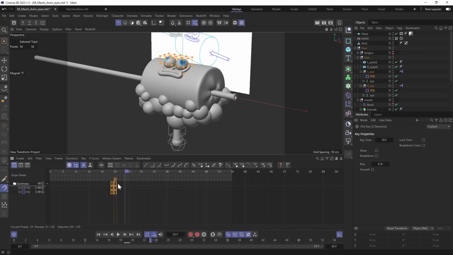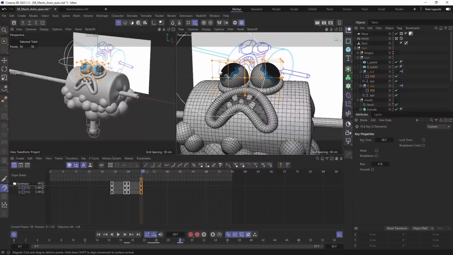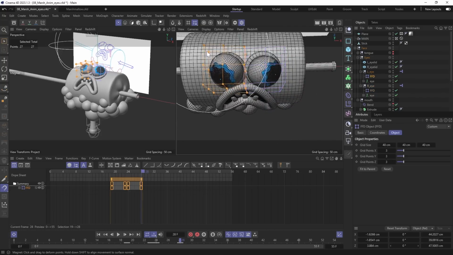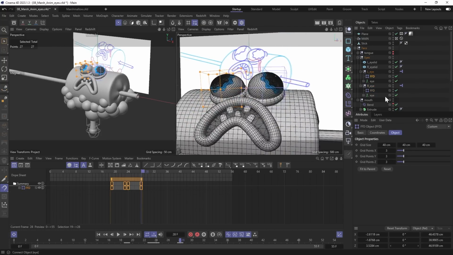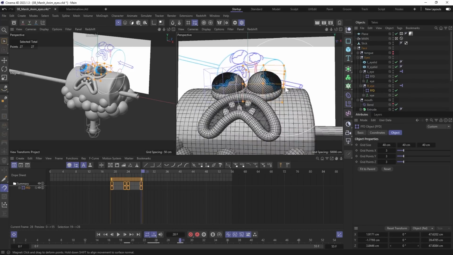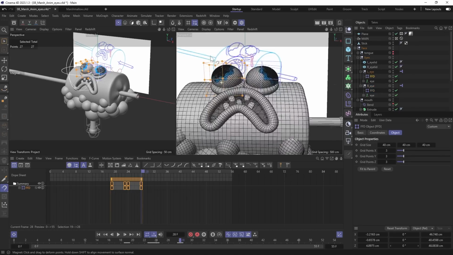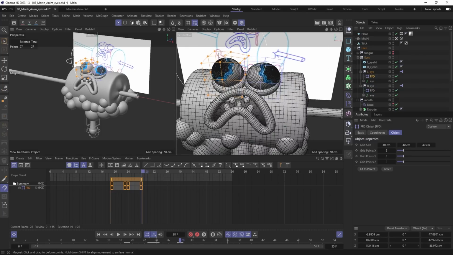Let's immediately duplicate these keyframes into the 23rd, 24th and 28th also. In frame 28, I'm gonna deform the shape so that they look a bit melted like in the reference. Let me remind you that when I sculpt, I'll look at the left view to see it from the camera. And don't forget to record the keyframe.